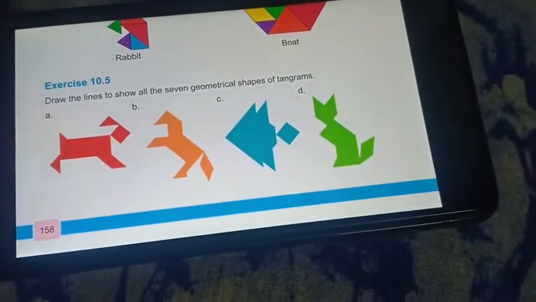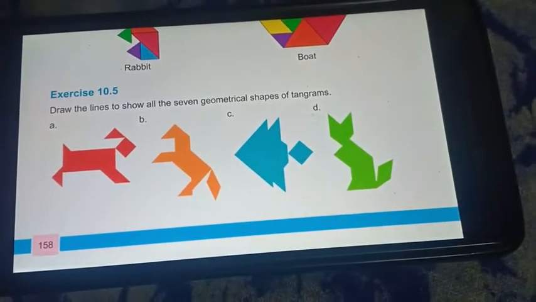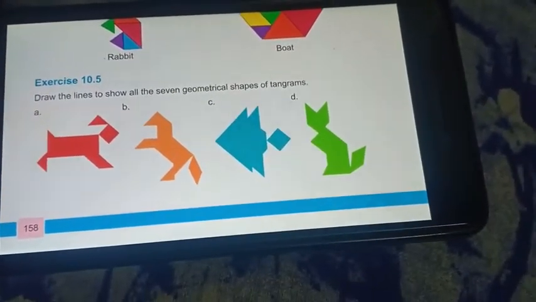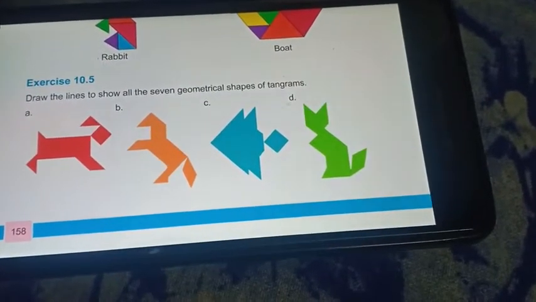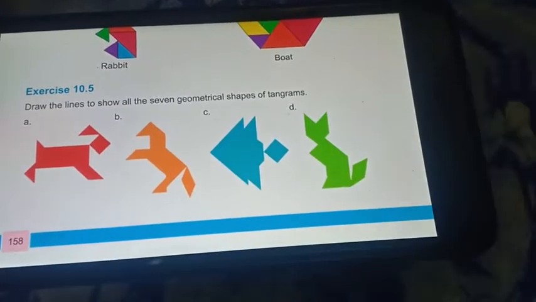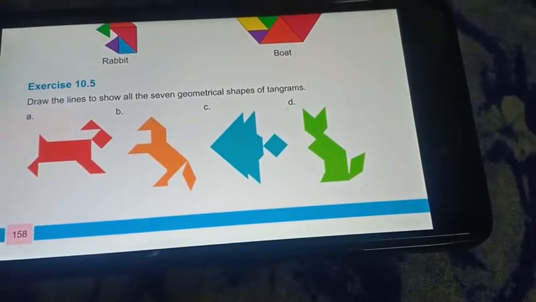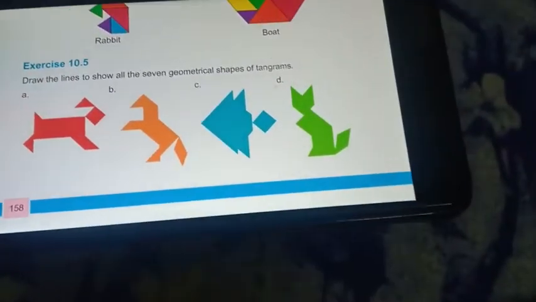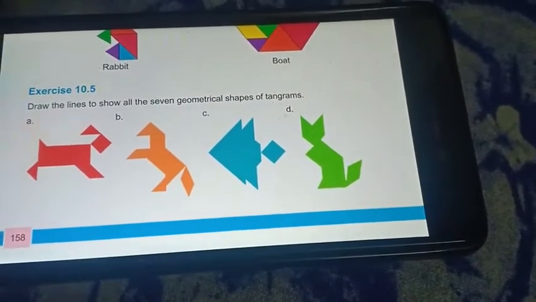Okay, so students, in the virtual class, as you know, we solved some of the images, some of the objects where we can find the geometrical shapes of the 10 gram. Right? I also gave you homework that some of the students were confused about. If you have any query, just ask me. I will also send the solutions to you. Like that, we are going to solve the next exercise.